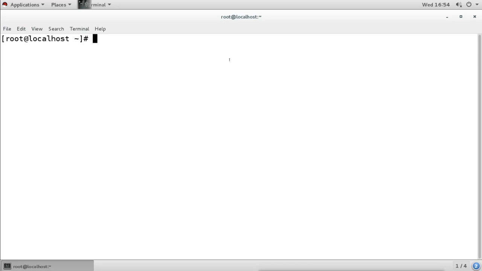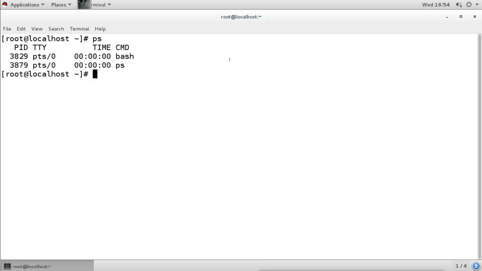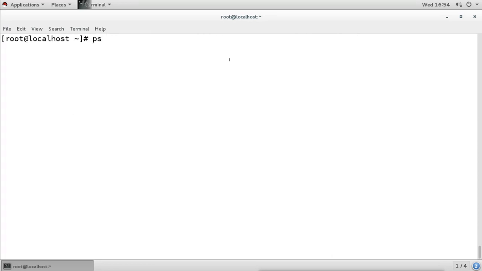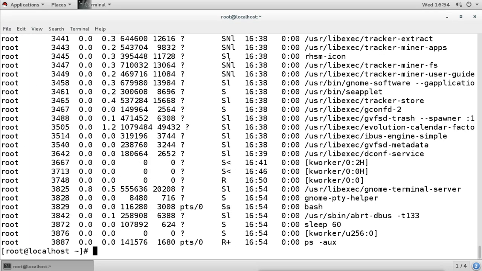For example, we can use the ps command to monitor the process, what processes are running. We can use this with -ex, that is, it will show the full executed process. Then also we can use ps -all, executed processes from the user, and this will show the status flag also, whether the process is running or not running.